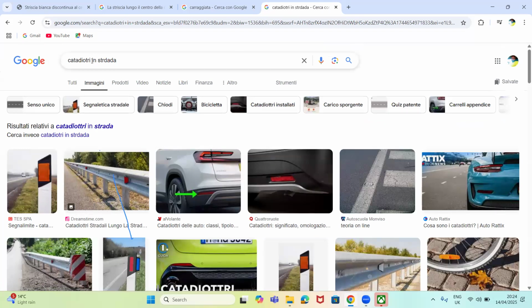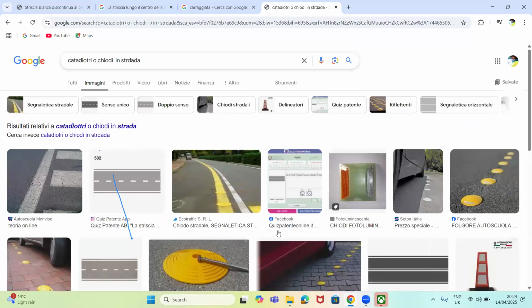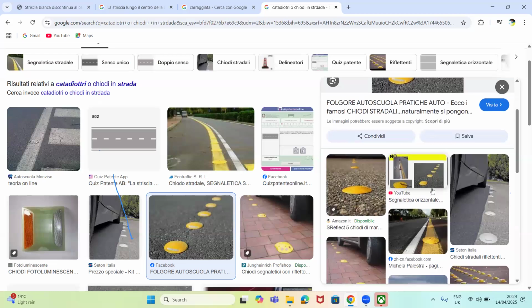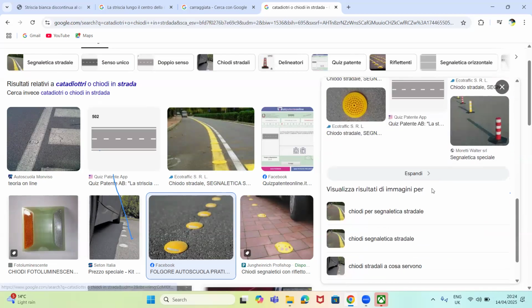Let me show you something. Look at it here. For some of us, you might have seen this thing on the road many times. Sometimes they put these things inside the asphalt, on the carreggiata. Some of them they put because there's work in progress. It is a temporary thing. Or they'll put cones like this. They might put cones like that.